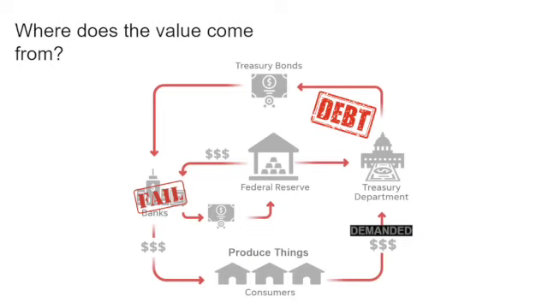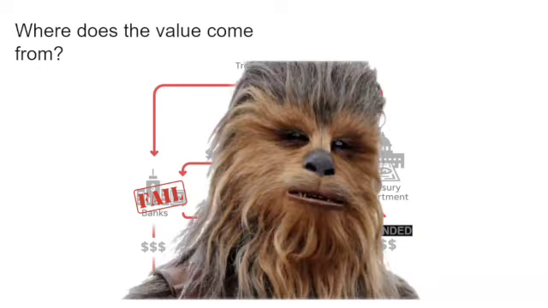So where does the value of the currency come from? It comes from the demand of the Treasury Department to say, hey, if we give you a loan in US dollars, you must pay us back in US dollars. So it's foreign debt that largely pays it back. This does not make sense.